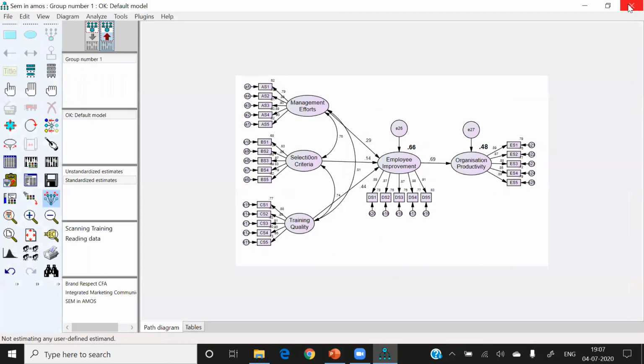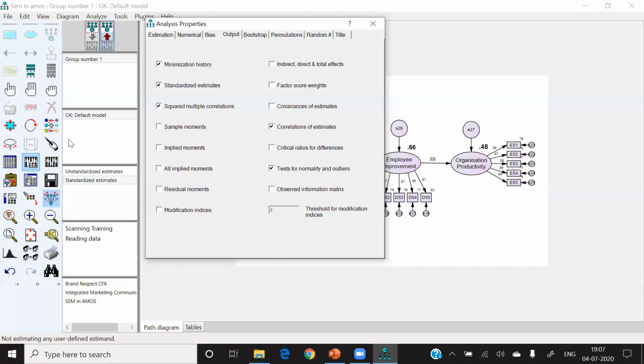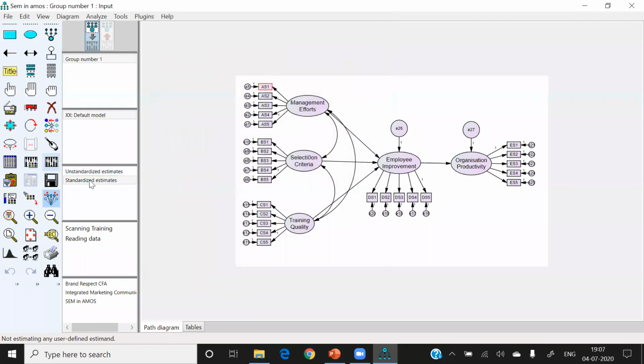Here we have one facility. I'm telling you that with that facility we can also improve the goodness of fit to some extent. So how can we do it? I'm showing you. Go to this output. You have an option called modification indices. So click on the modification indices and run it again.